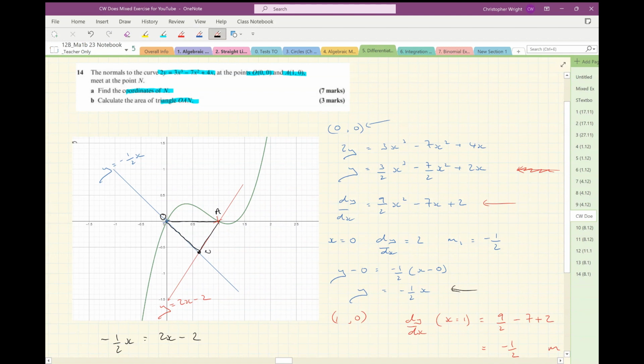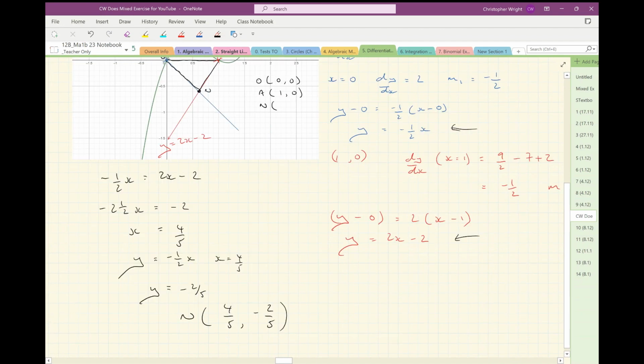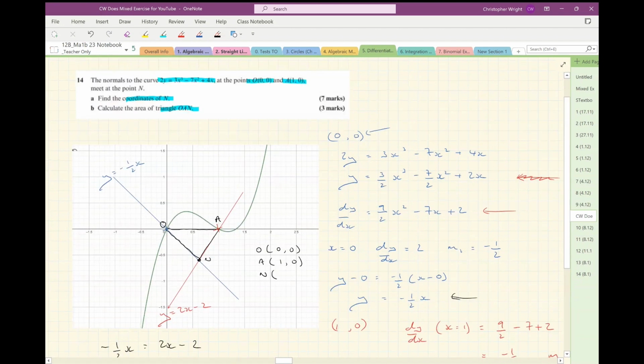Now, I know that O is the point 0, 0, and I know that A is 1, 0, and I know that N is, what was N? 4/5, comma, minus 2/5. So I know that the length of the base of the triangle there is 1, and I know that the height of the triangle is equal to 2/5. So the area of that triangle,